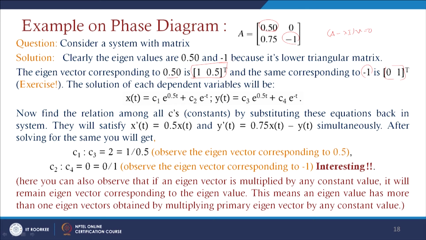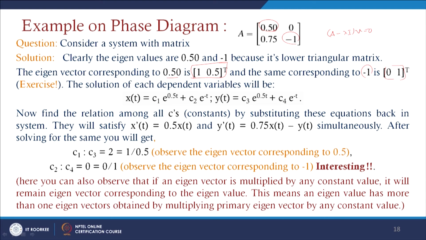And y of t can be written as C3 e to the power 0.5 t plus C4 e to the power minus t. If you find the relation among these C's by substituting this back into the system,